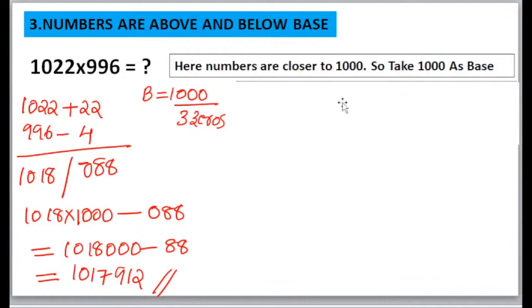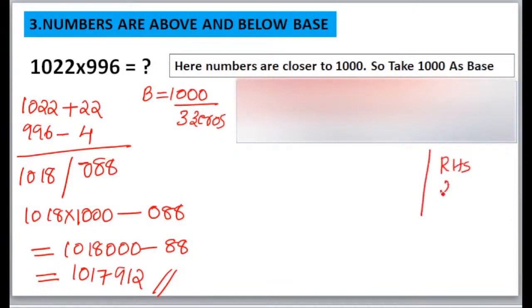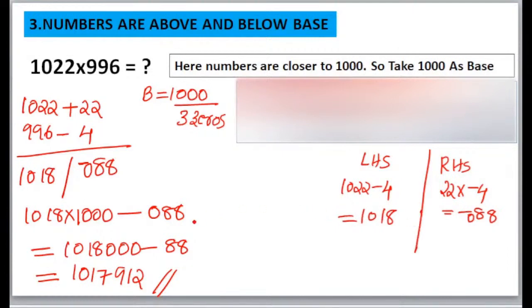So your RHS is 22 into -4, that is -88. We will take 0 here. Then your LHS is 1022 minus 4 is equal to 1018. So next is,